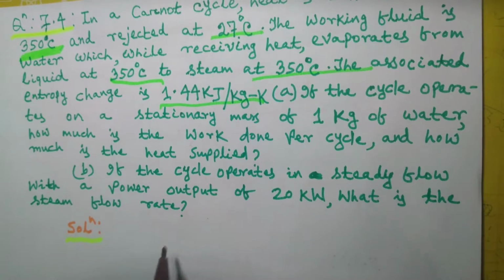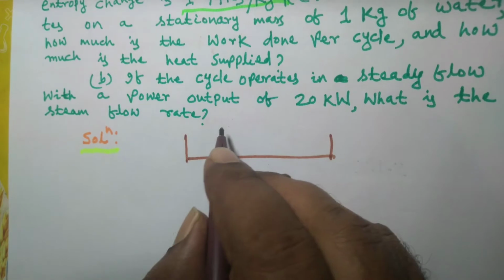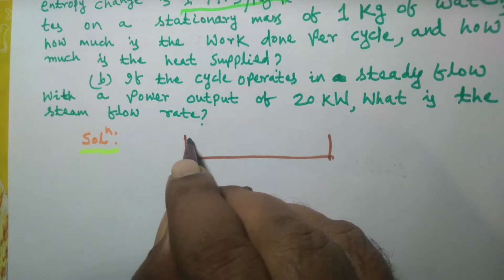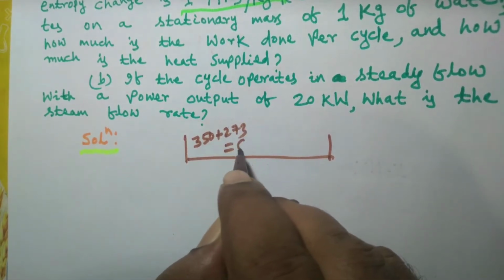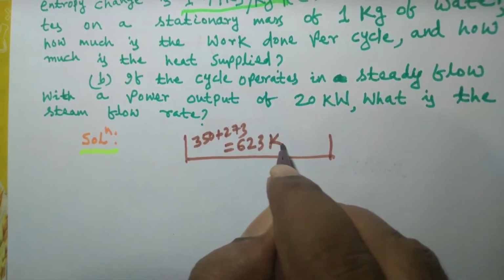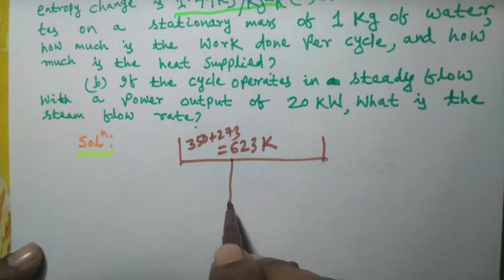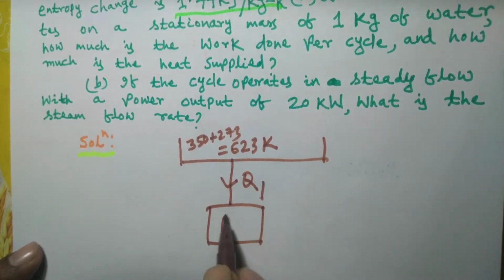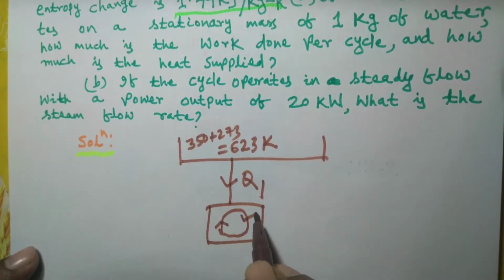In this case, the source temperature is at 350 degrees Celsius, or in terms of Kelvin, that is 350 plus 273, that is 623 Kelvin. This is the source temperature. But whatever heat is supplied to the heat engine, this is the heat engine inside which there is some working fluid